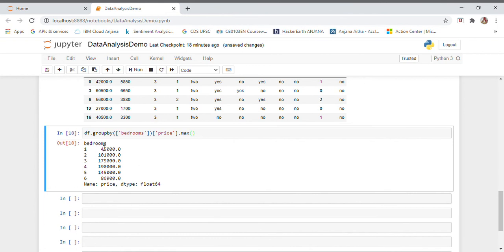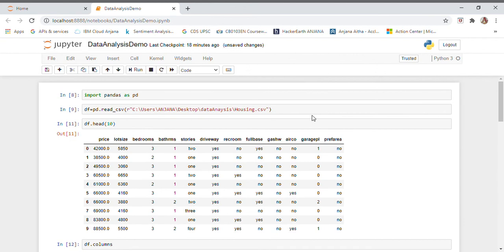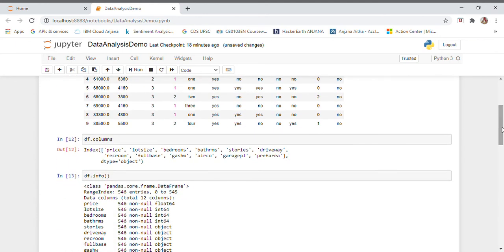See, it is giving us bedrooms. For single bedroom, the maximum price is 45,000. This is sample data, so that's why the prices are like this. For double bedroom, this is the maximum. Similarly, we can get the minimum data. See, this is the minimum data in each type of bedrooms. If you have observed here in the simple notebook, within a few lines of code, we are able to get minimum, maximum, count, and data frame summary,